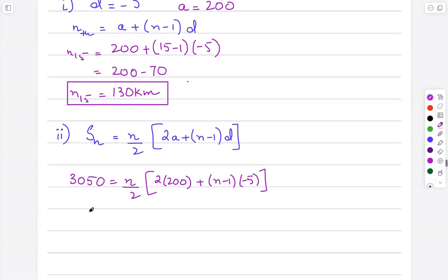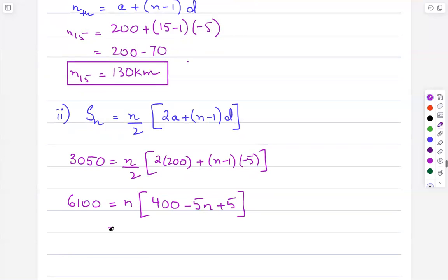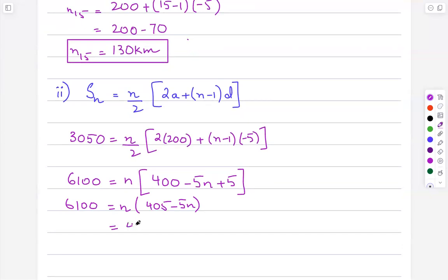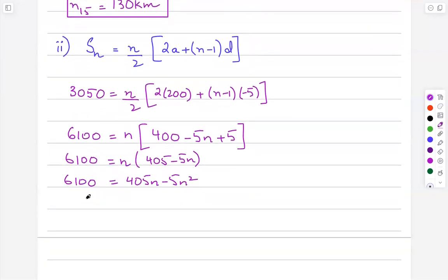Cross multiplying, so 3,050 into 2 will become 6,100. Expanding the bracket, this will become 400 minus 5 into n is minus 5n, and minus 1 into minus 5 is a plus 5. Simplifying the bracket, we'll get n into 405 minus 5n, and this is equal to 6,100. Multiplying n by the bracket, we'll get 405n minus 5n squared equals 6,100. Taking 5n squared and 405n to the left hand side, this equation will become 5n squared minus 405n plus 6,100